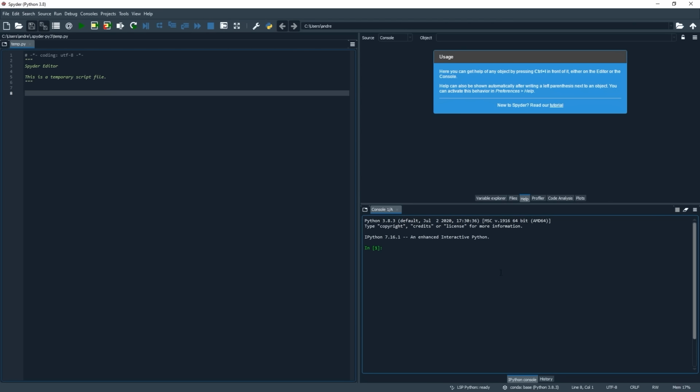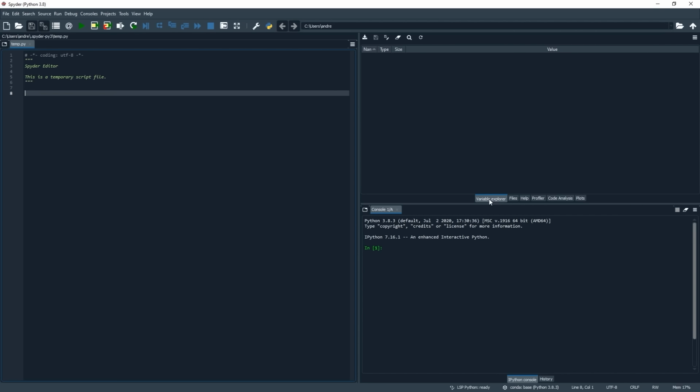We will also want the IPython console down here at the bottom right, which will show us the results of what is happening each time we run some code, including things like error messages and warnings, and you'll see this in action as we go. On top of that, we also want some useful panes which we can see here in the top right. Here we have the Variable Explorer, which is where we can investigate any objects that we create while coding.